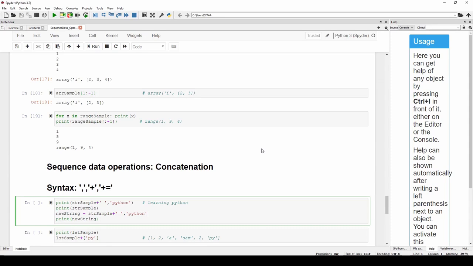It can be applied onto any sequential data as well. Simply place a plus between as many strings as you want to join together. So, let us see an example to do that. So, for example,